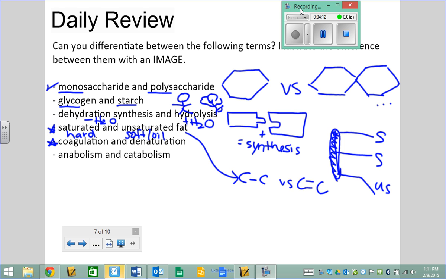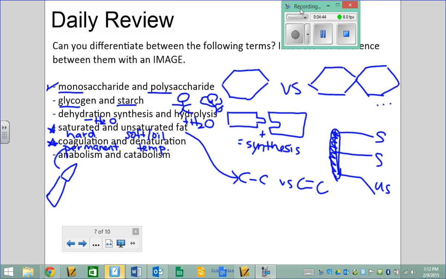Now the next one here is a little bit harder to represent with a picture if you want to talk about a protein specifically. The idea here is that these are both changes that happen to a protein structure. Coagulation is permanent, and denaturation is temporary. And so what I was going to draw here was some representations of things that are permanent and things that are temporary. So for example,